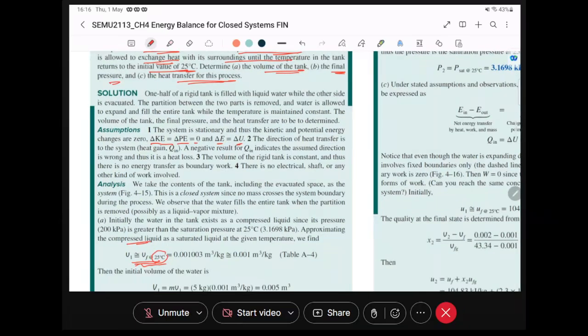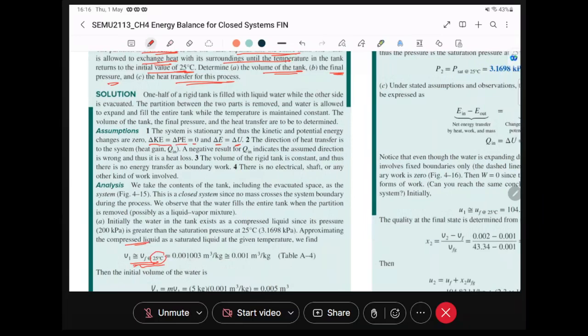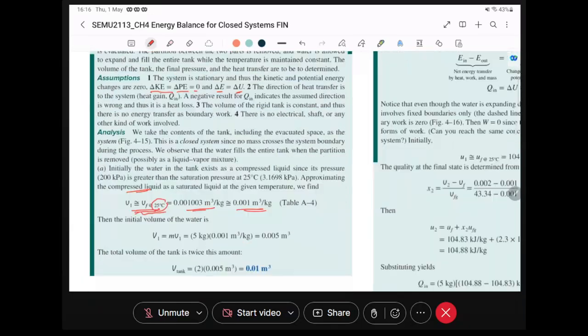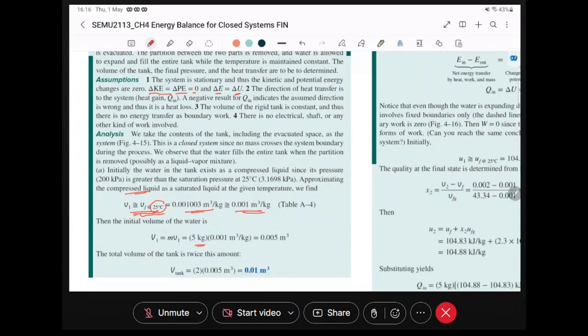This is water, H2O, don't forget, so we are referring to the thermodynamic tables of water. Then you'll be able to find the specific volume, which is 0.01 meter cube per kg. And initially there's 5 kg of it. So if you multiply by 5 kg, the mass, with the specific volume at state number 1, you can find the actual volume in state number 1, which is